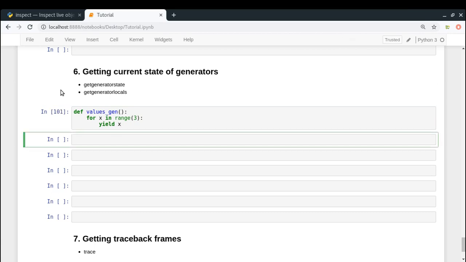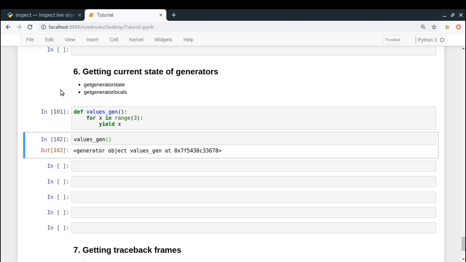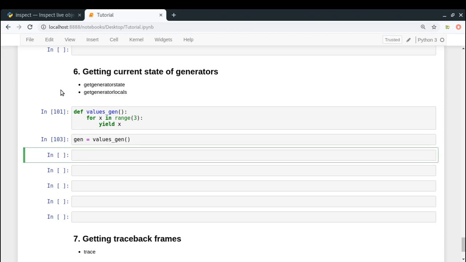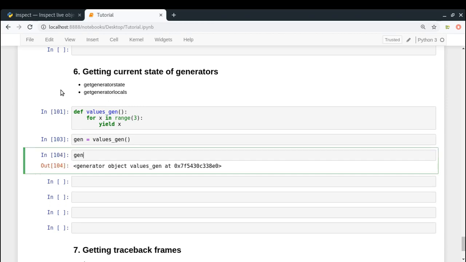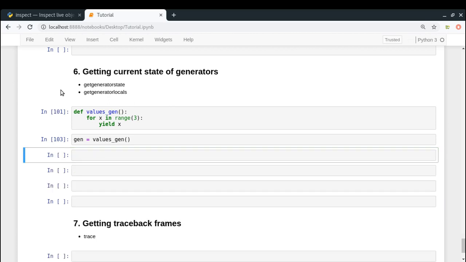It is a generator function, which if you call values_gen like this, will not return you anything. It will not execute anything till now, right? So let me create a generator object like this. And now if I do gen, it is something like this. Then I do next of gen, and I can get 0, 1, 2 and StopIteration, right? So now while you have this gen object written somewhere in your code and you want to know what is the current state of gen,